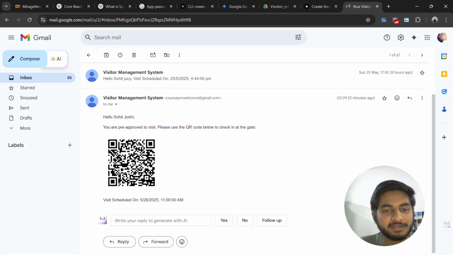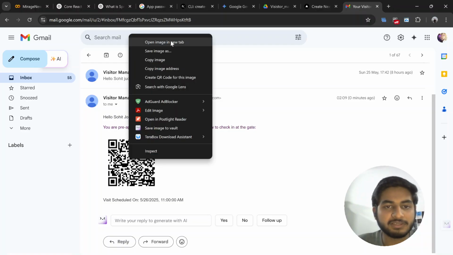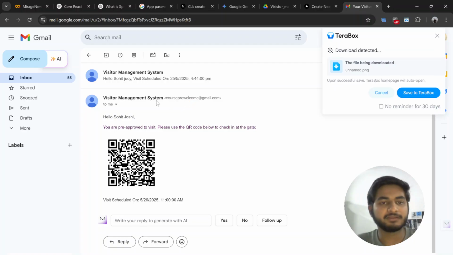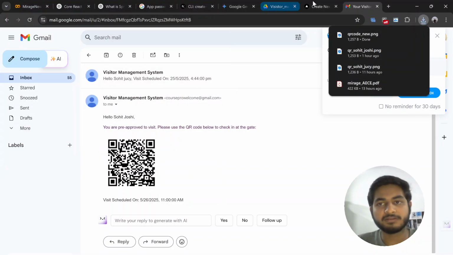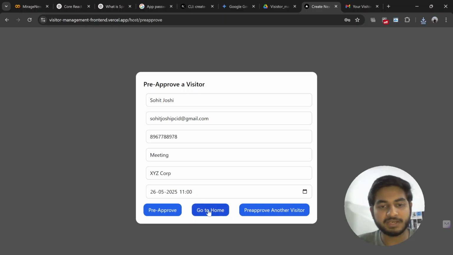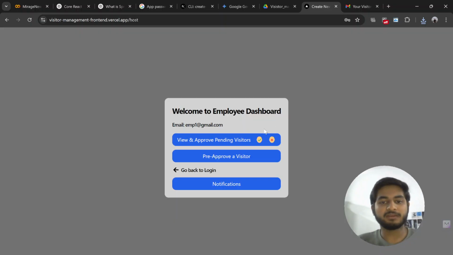Now this QR code contains all the necessary information to be scanned to get the visitor's information. Now let's just save this image. We can save it as QR code new. Okay. Now that the pre-approval is done, we can either pre-approve another visitor or just go to home. Now that we have gone to home,